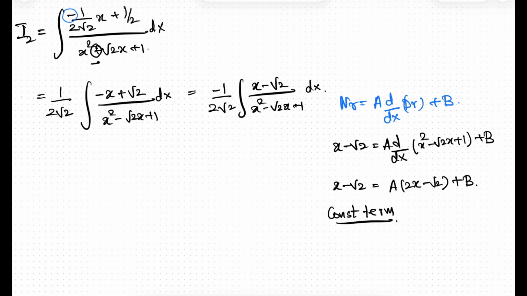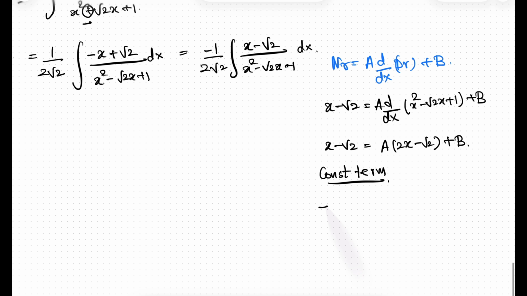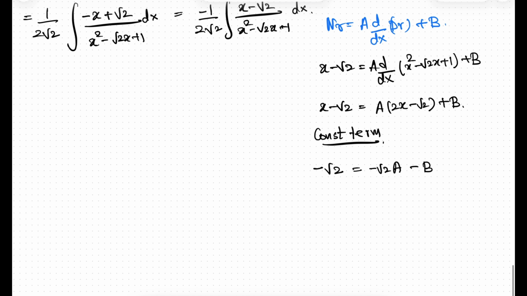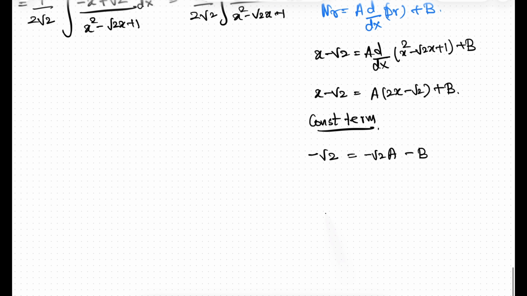So when I compare the constant terms on both sides, I will have minus root 2 equals minus root 2a plus b. Then I compare the coefficient of x terms on both sides. So when I do so, I will have 1 equals 2a. So a is equal to 1 by 2, and when I substitute a equals 1 by 2, you will be having